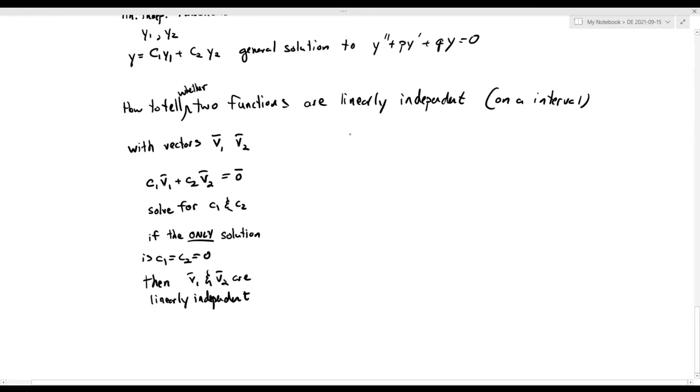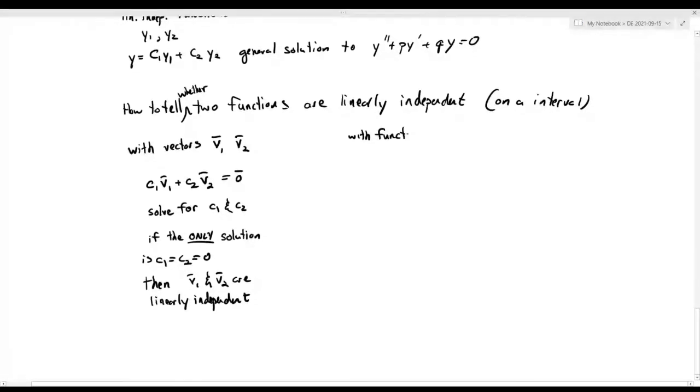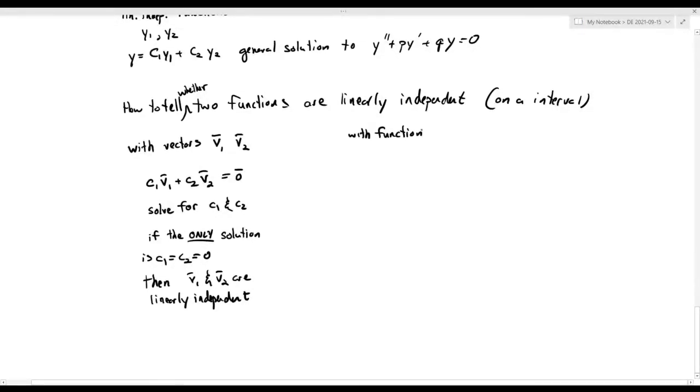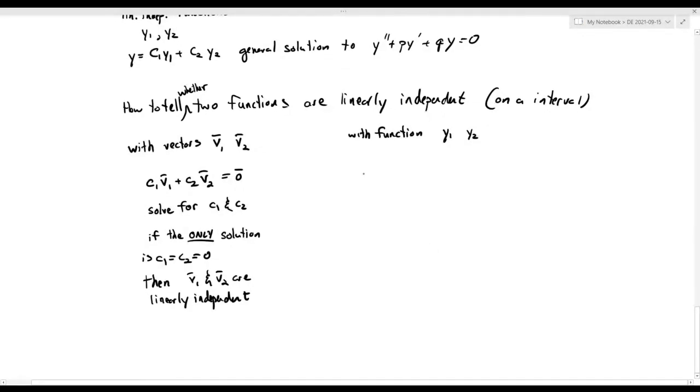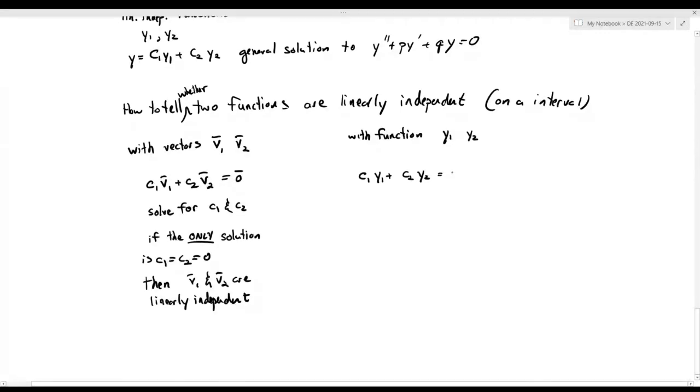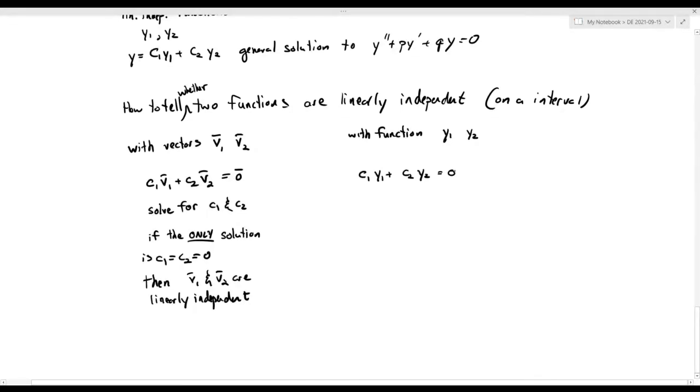Okay, so with functions, how do we check for linear independence in an interval? Well, you would actually use the exact same procedure, right? So you have a linear combination of the two functions. So C1 and C2 are scalars, Y1 and Y2 are functions, and that's equal to the zero function, if you will. So zero. And then you try to solve for C1 and C2. Now,